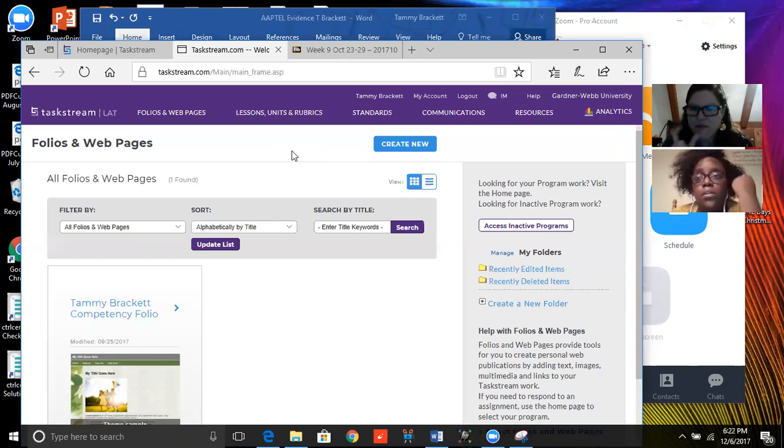I really can't remember anything except that I know I used the first part of my Gardner Webb email. I think I used my same ID that I got in with Blackboard, and then it made me change my password. I used the ID number or the password number for Blackboard for TaskStream for the first initial login, and then it made me change it. But I don't remember, because I did that at the beginning of my master's program, which was 2.5 years ago.